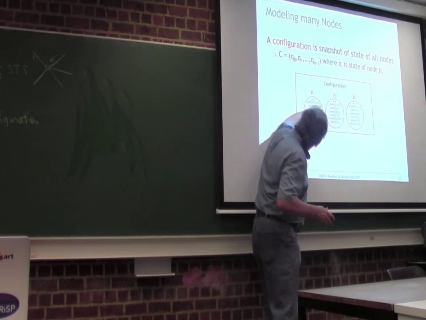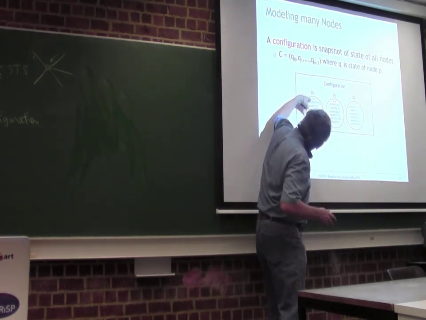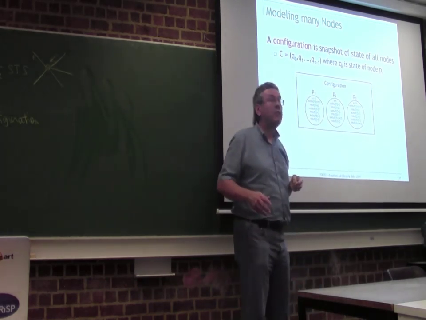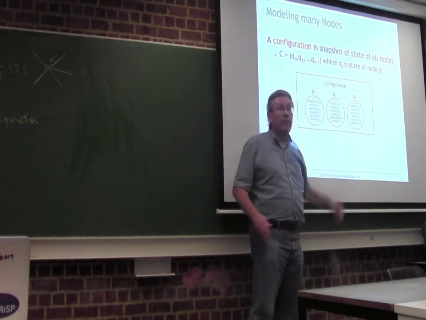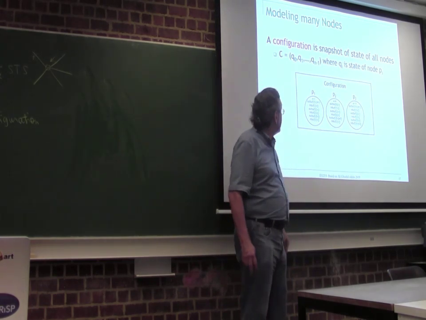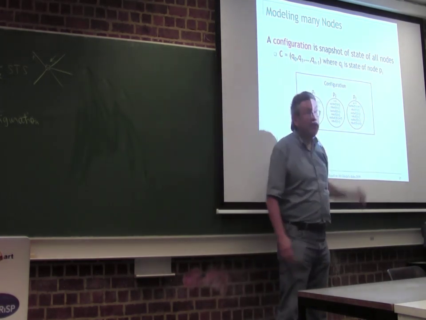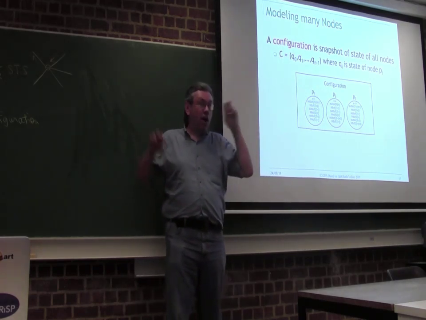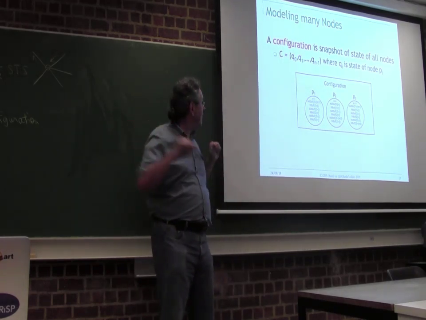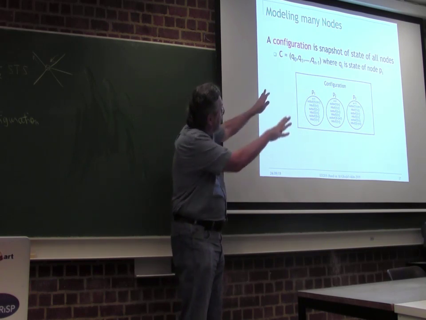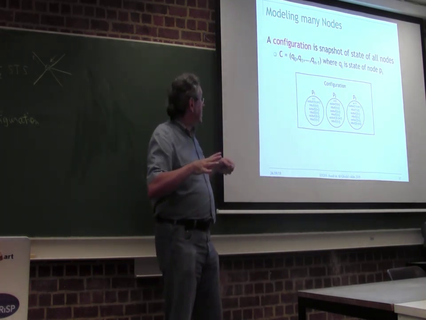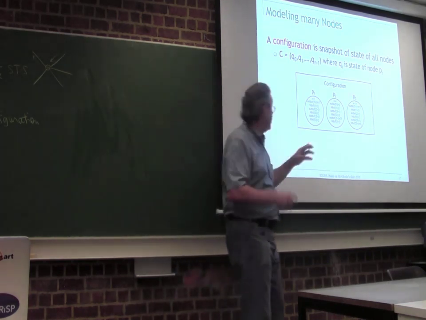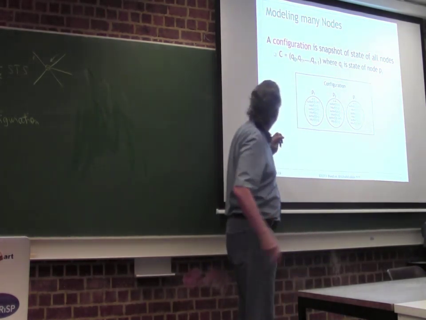Each node here, it's a local computation. It only sees its state. It doesn't see the state of the others. So the nodes do not see the other node's state. So nobody knows the configuration. Seeing the configuration is like what's called a God's eye view of the system. Seeing the whole configuration is not something that a node can do. Okay, the nodes only have local view. They only see local state.